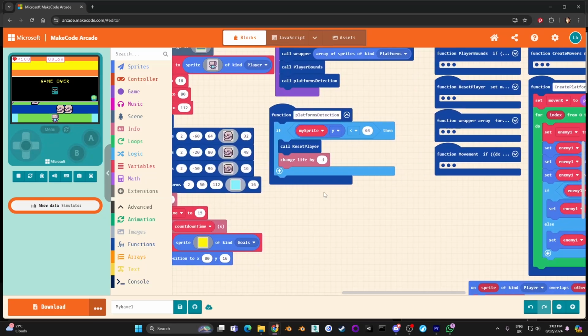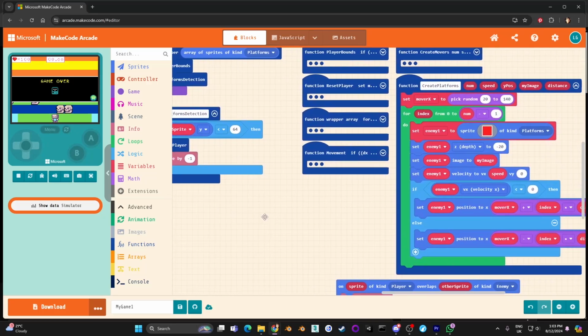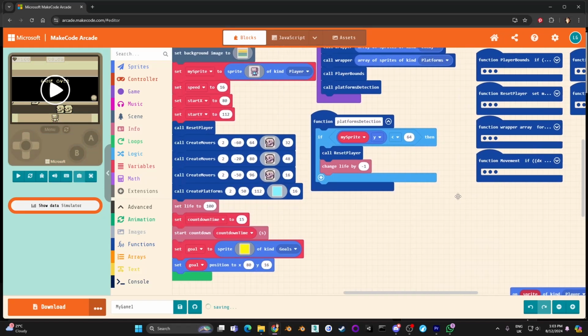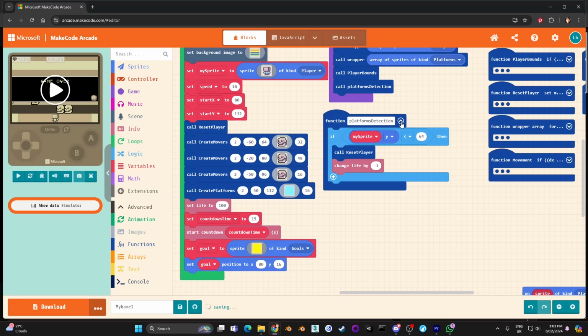So we now have a platform wrapping round. We've created a new type. Next, on platform detection, we need to see, are we colliding with a platform? If so, what do we do? Okay, so